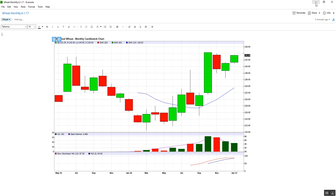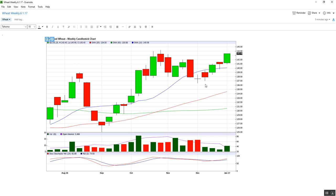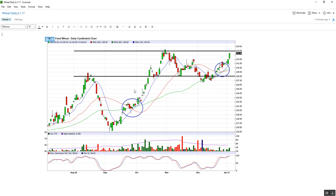Pop down to the weekly, above all moving averages. Obviously indicating the swing high here, and a bit of flattening out on the short term one. We've got a green weekly candle here, preceding this uncertain candle of last month. Obviously let's pop down into the daily here, and you can see what I've drawn is two channel lines